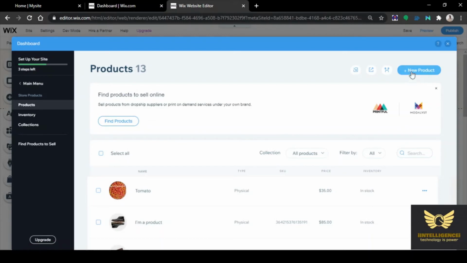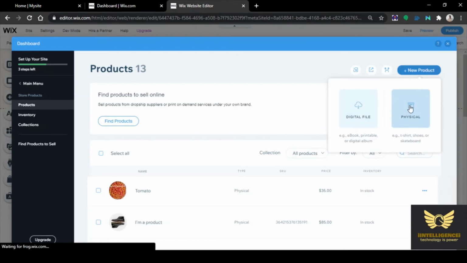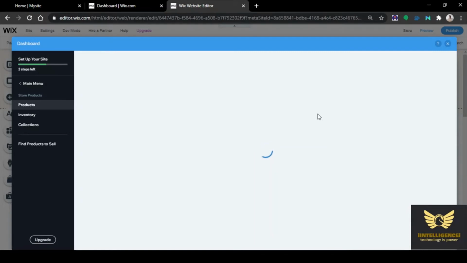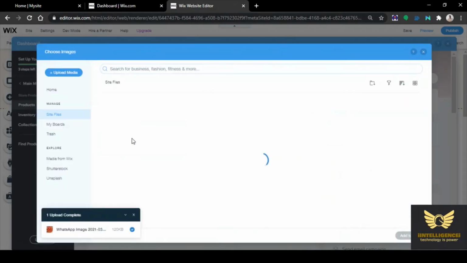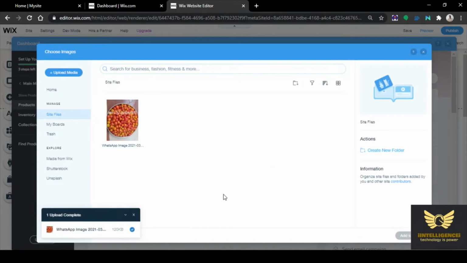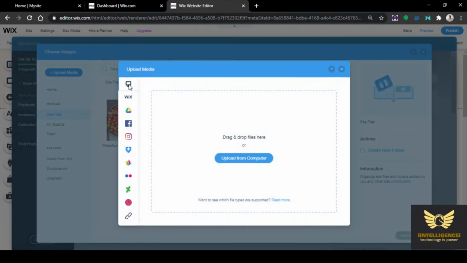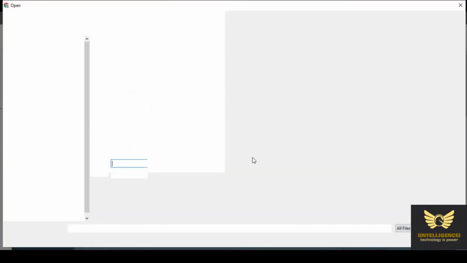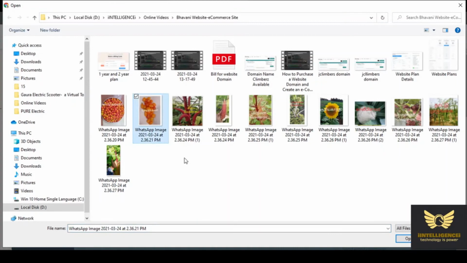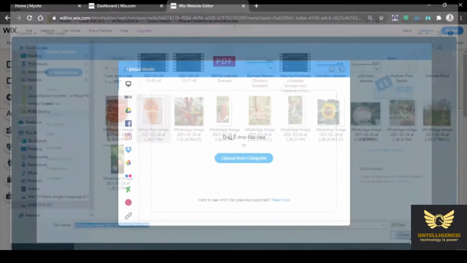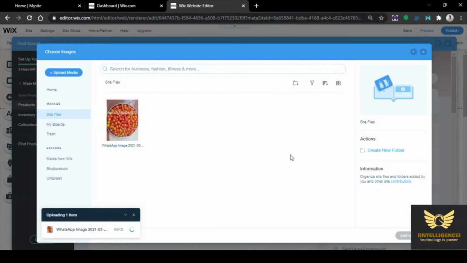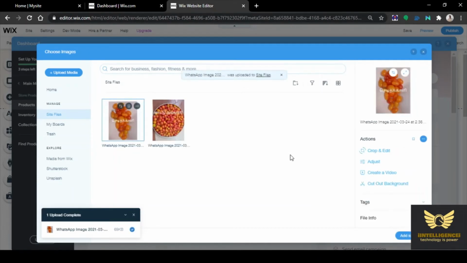Click new product, physical. Click add images. Now upload from computer. Just upload the second image.